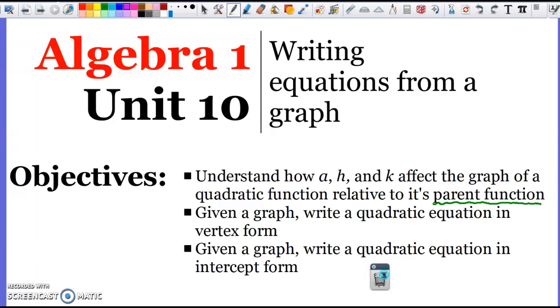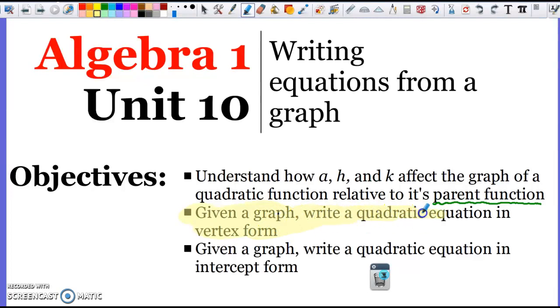Welcome to the video, the last video of Unit 10 for now, writing equations from a graph. Today we're going to understand again how h and k affect the graph of a quadratic function relative to its parent function. And given a graph, we're going to write a quadratic equation in vertex form. That is the most important thing about today's video, is that we're going to do this given a graph, not